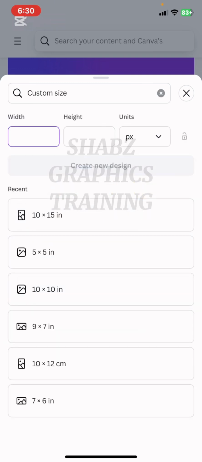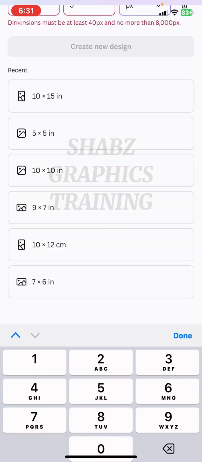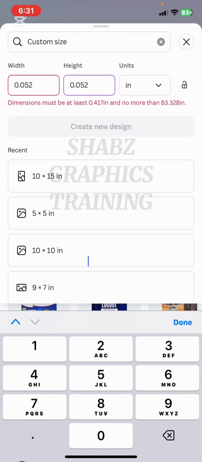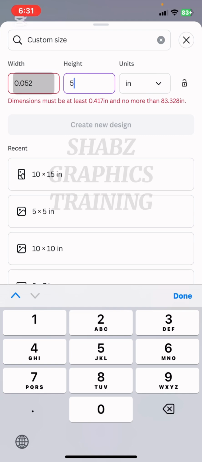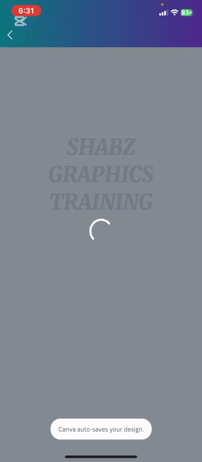So the custom size, I want to make use of a size that is fit for a square. So I'll make use of that 5 by 5 inches. You can input it yourself using this width, height and all. Click 5 and then 5 here. Change your pixel to inches and then you're good to go. So I have to correct that. So create new design. So this will give us a plain page, a white background, and then from there we